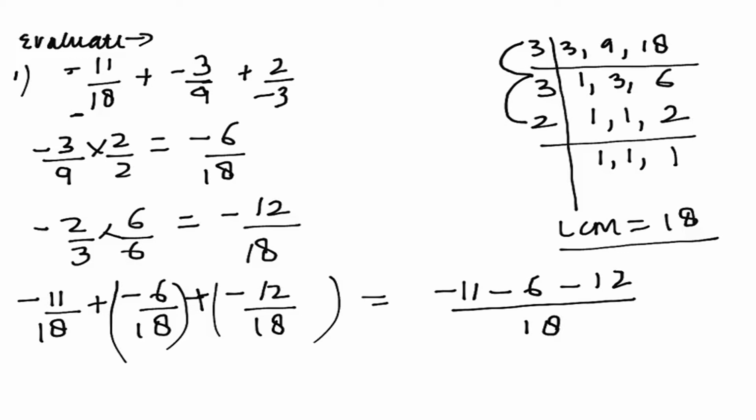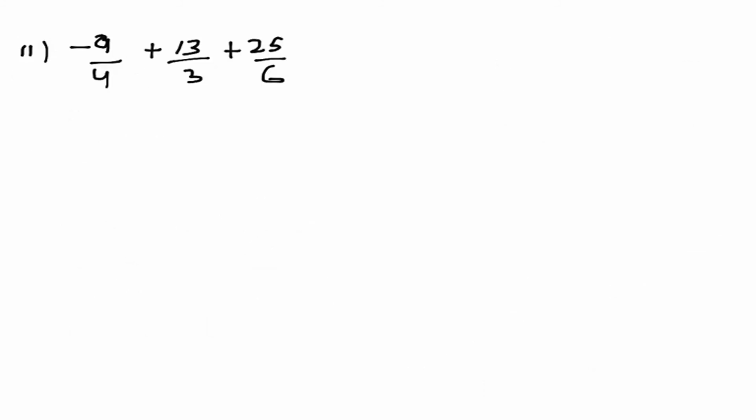So now what we will do, see both the numbers are negative, 11 and 6, both of the same sign. So we will add. So what we get, minus 17. As both are negative, so we keep the negative sign, minus 12 by 18. Again we have the same sign, minus 17 and minus 12. So we will perform addition by keeping the minus sign. So we will get minus 29 by 18 as our final answer.